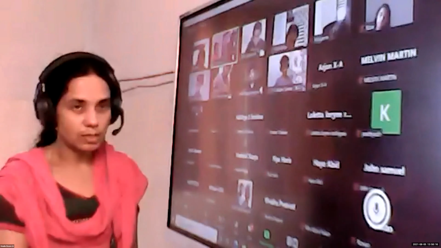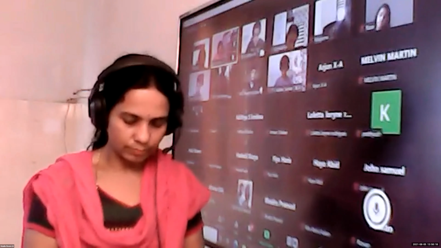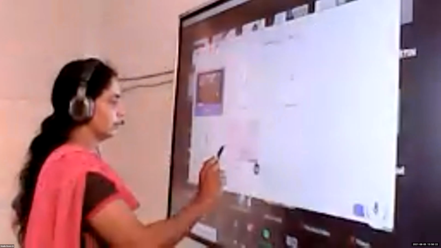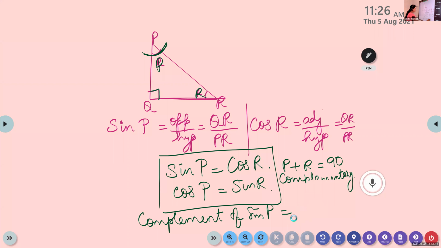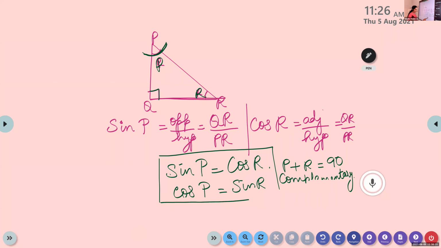Okay, now based on this, let's do some questions. Write down. Can you show the board again? Actually, this complementary part, for the time being, they have deleted in your syllabus. But this 1 mark question you can expect. This type of questions will be asked. Sin P will be the same as cos R, because this is based on definitions. We are not going with the complementary. In your textbook, one small section on complementary angles is there, that is deleted.